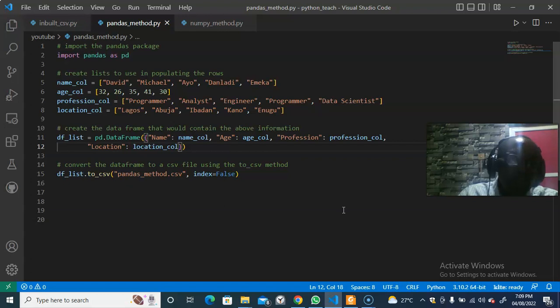Then in lines 11 and 12, we created a data frame with the headers as the keys for each of the columns and the list we created as the values. And the name of the data frame is df_list. So after creating the data frame df_list,